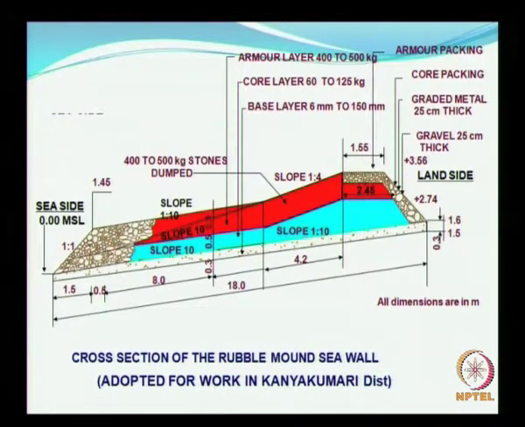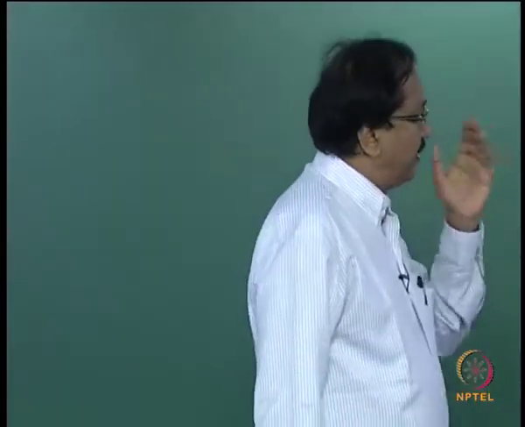Note that there is no toe at all. This was the one which was forgotten. Toe is very, very important. If you do not have the toe, the failure can start from here under normal circumstances, that is under normal wave action, and during a storm you can have failure from here. When you have overtopping, you can also have failure from here. So this did not really prove to be very good, and this seawall was slightly modified to suit the present circumstances.